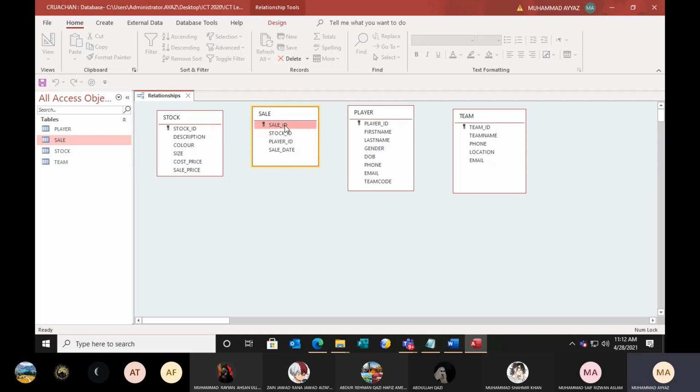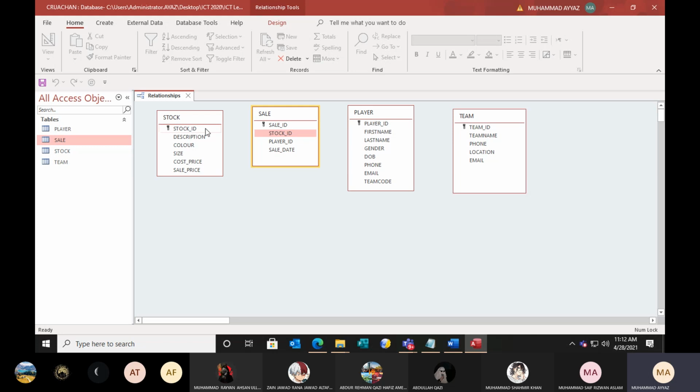Sales, sale ID. Now check stock ID in all the other tables. See, stock ID is here, no stock ID here, and no stock ID here. So it means this primary key will be linked with this, because this is a normal field but a foreign key here. They want to store the same information of stock here.